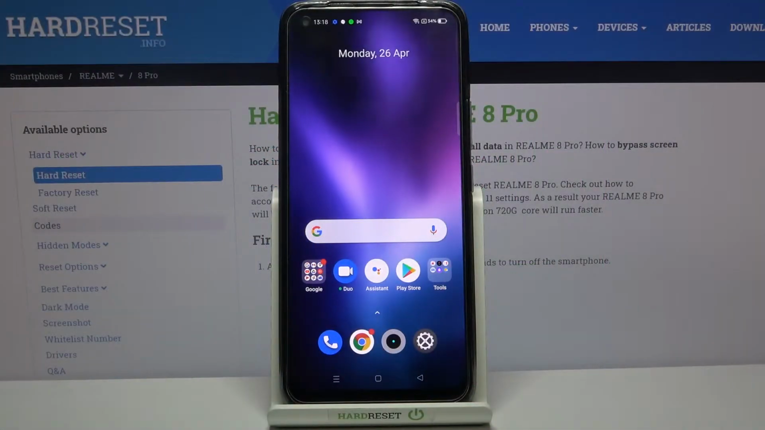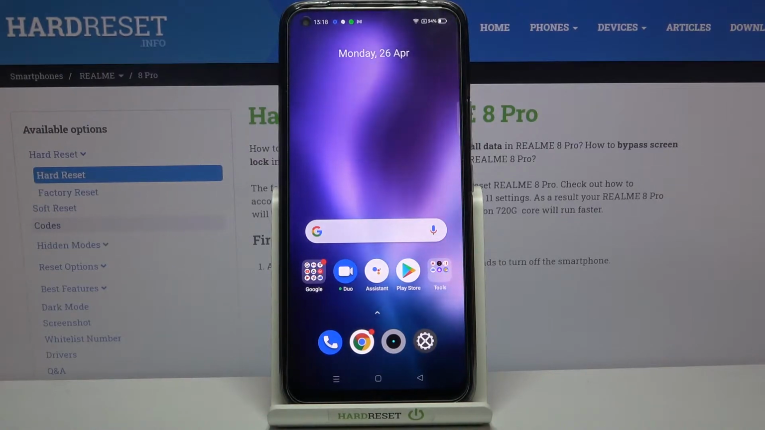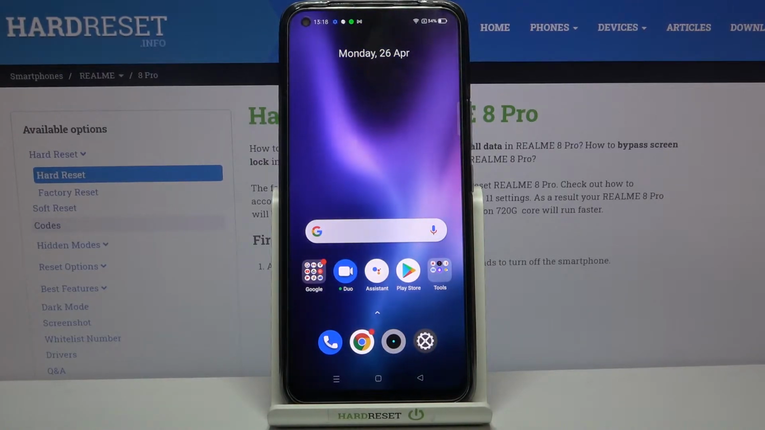Hi everyone, here we've got Realme 8 Pro and let me share with you how to clear the browser on this device. So firstly we have to open the browser obviously, and in my case it will be Google Chrome,